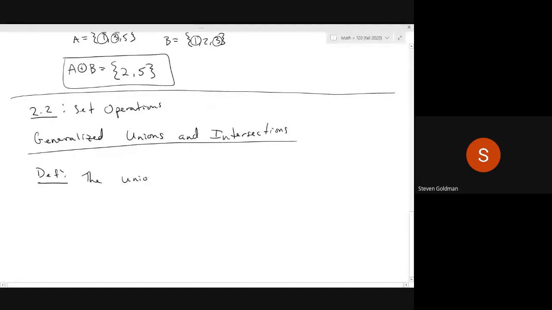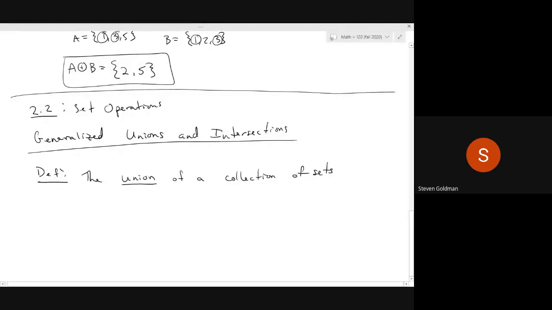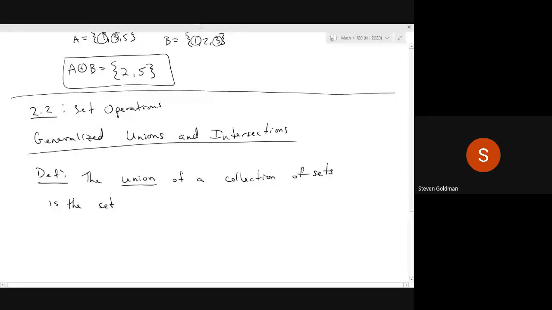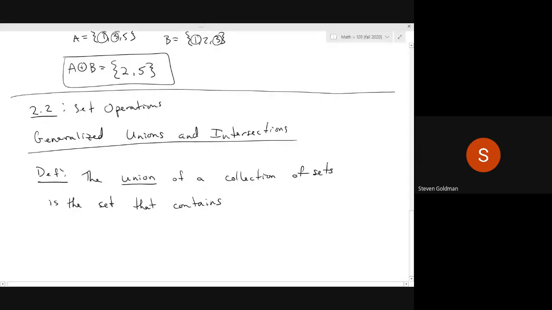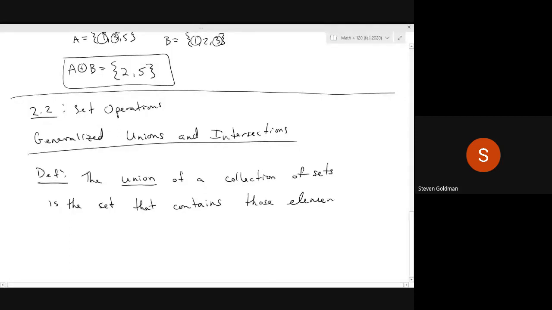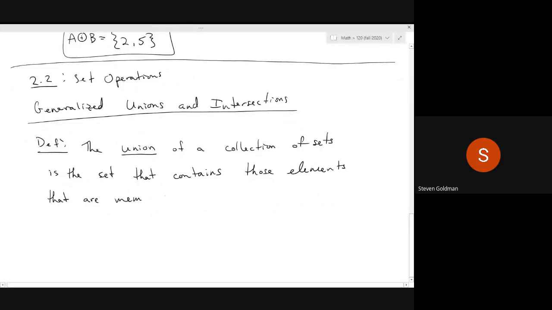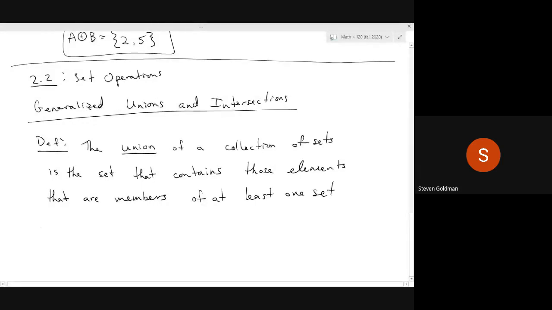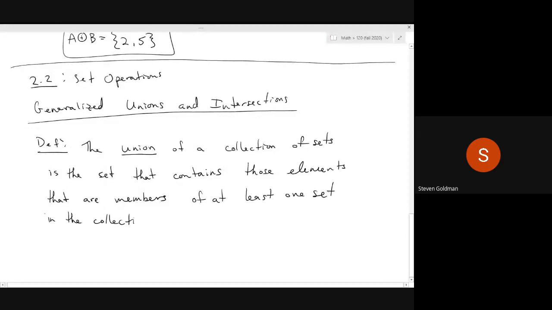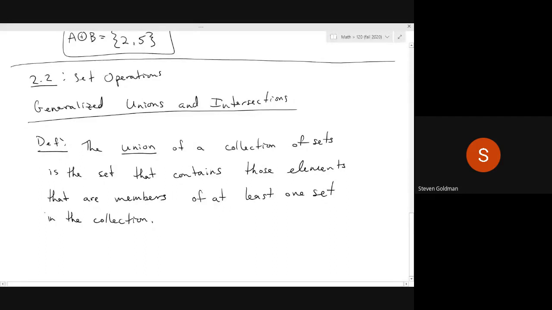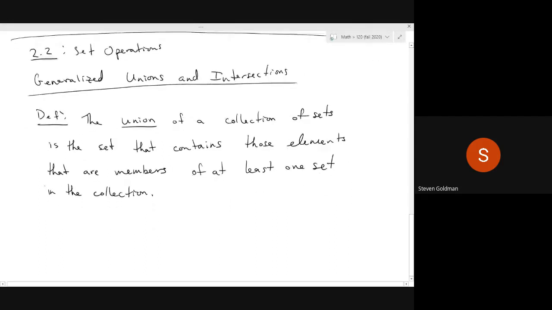The union of a collection of sets is the set that contains those elements that are members of at least one set in the collection. All right. We use the notation